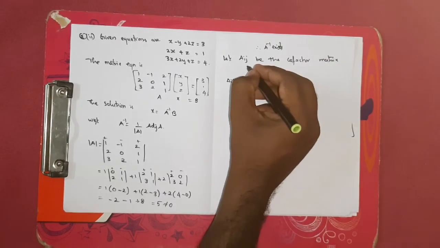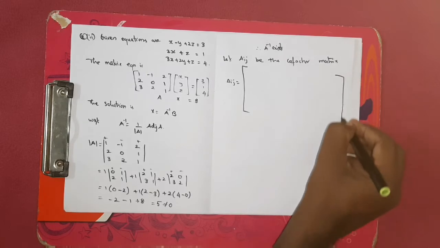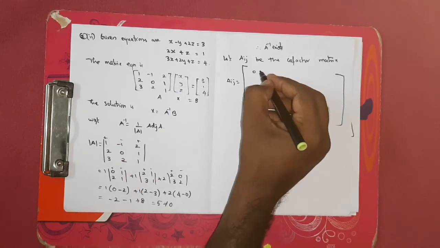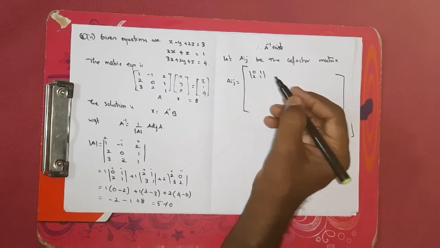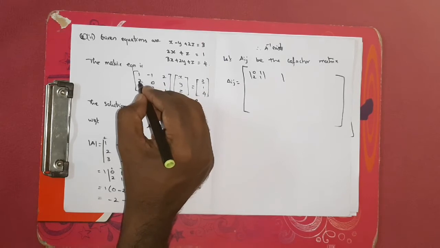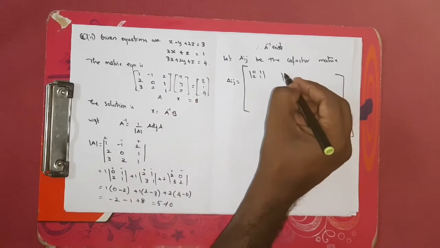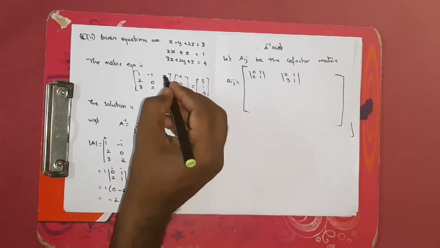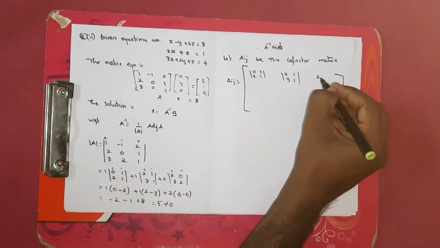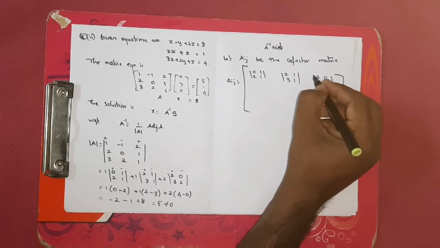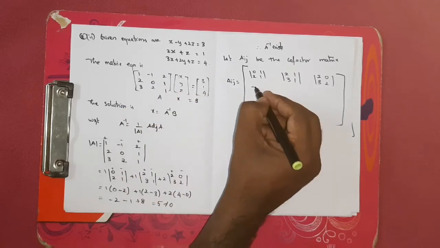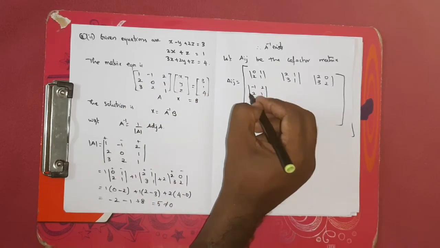Okay. So now how to find the cofactor matrix? Write Aij in the left corner and draw a bigger size matrix. Now for 1 write the minors 0, 1, 2, 1, put a determinant. And for minus 1 write the determinant of the minor 2, 1, 3, 1. And for 2 you write the minor: leave this row, this column, so the entries are 2, 0, 3, 2. For this next 2 you write the minor: leave this row, this column, so you have minus 1, 2, 2, 1. Okay.